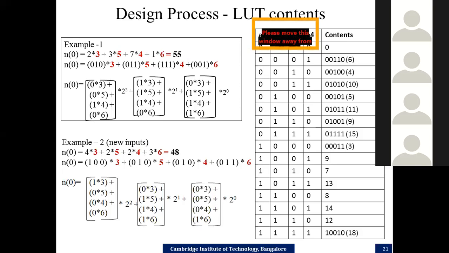See, as I said, assuming my input is going to vary from 0 to 7, I have computed all the possible combinations for 0 to 7, for 4 weights. So now this lookup table is compatible for any kind of input varying from 0 to 7, but limited to 4 constant weights. So it's a very generic lookup table now. Thank you. Shall we continue, or any doubt? Please let me know, because we are going to the next step.